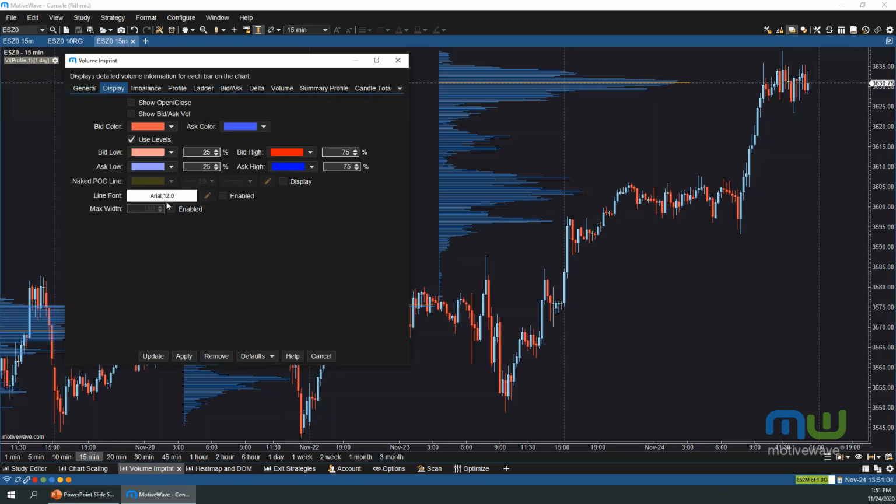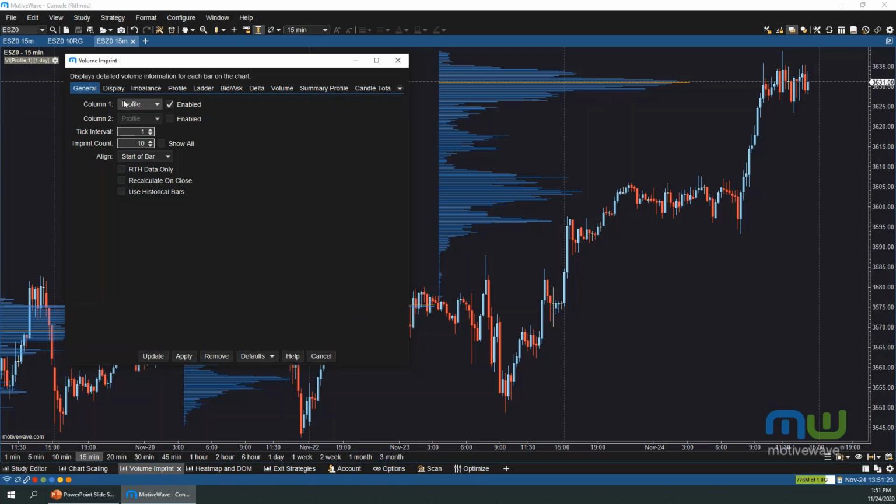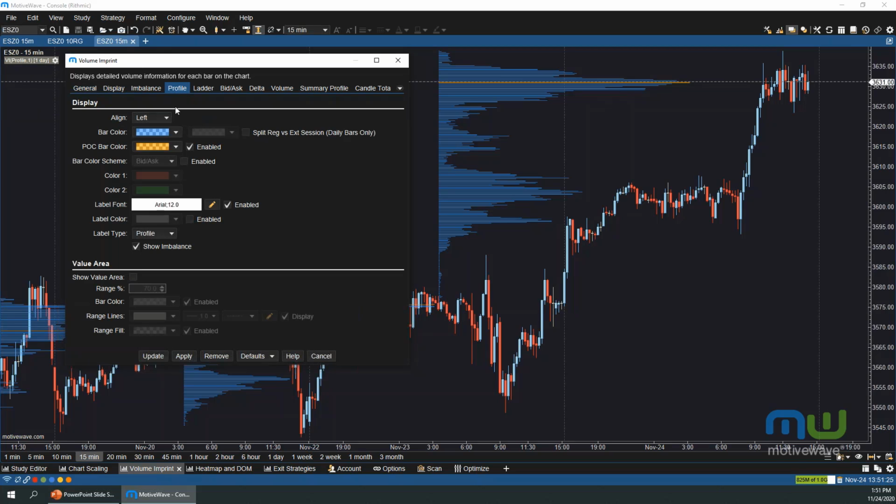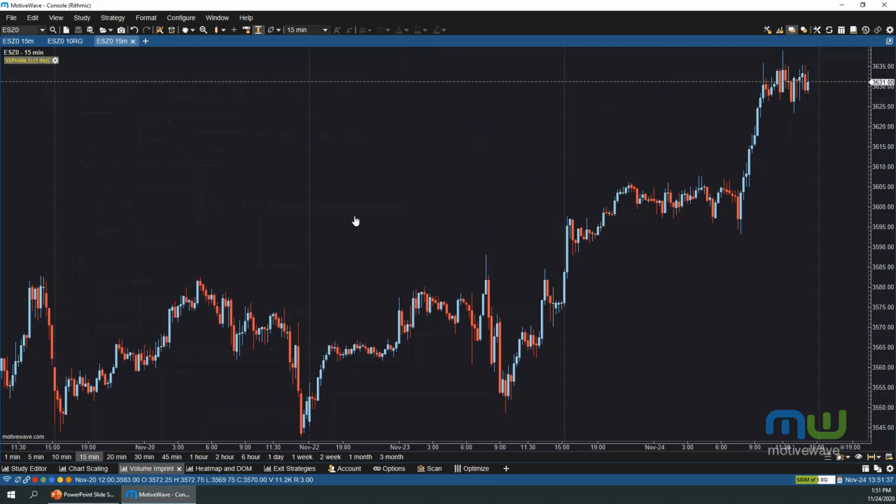In the display tab, we're going to set a max width. Sometimes the volume profile can be distracting if it's right over top of the last price candle. So let's enable this setting and set the value to 200 pixels wide. And since we're using a column type of profile, we're going to go to the profile tab and we can change any of the necessary settings here. In this example, I'm just going to enable the value area and disable the range fill and the range fill lines. So once we update this study,